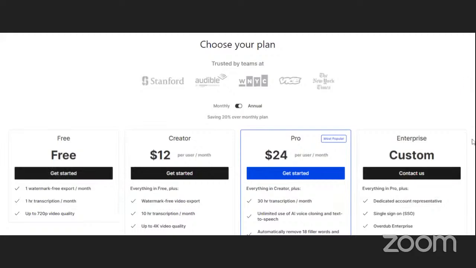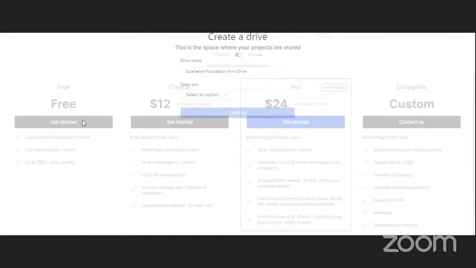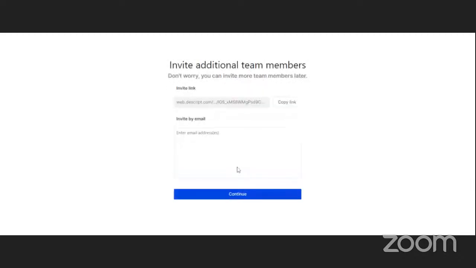As a user of Descript, of course, I will use the free one. What is the name of my drive? EFS drive. What is the size of our organization? 5 to 20 people. Then I continue.